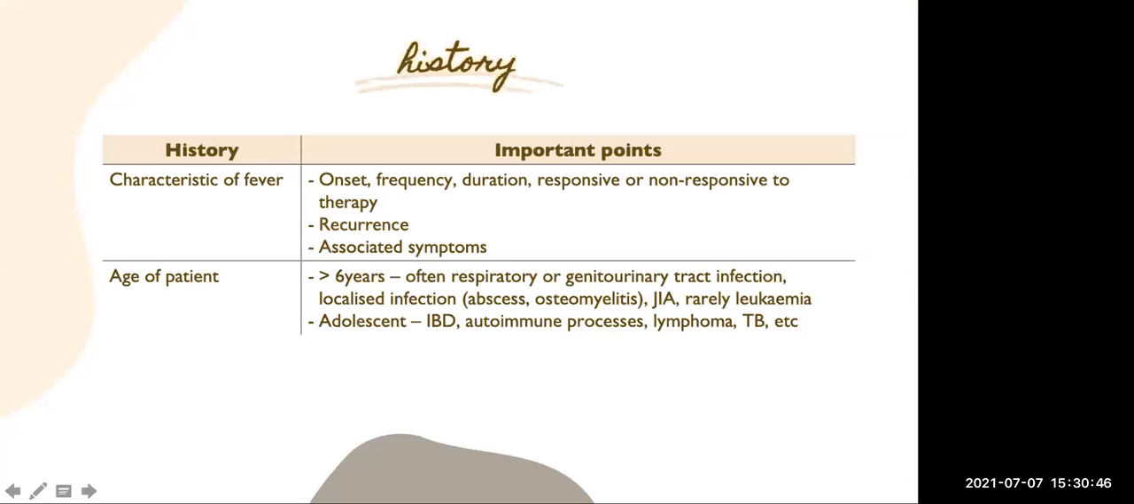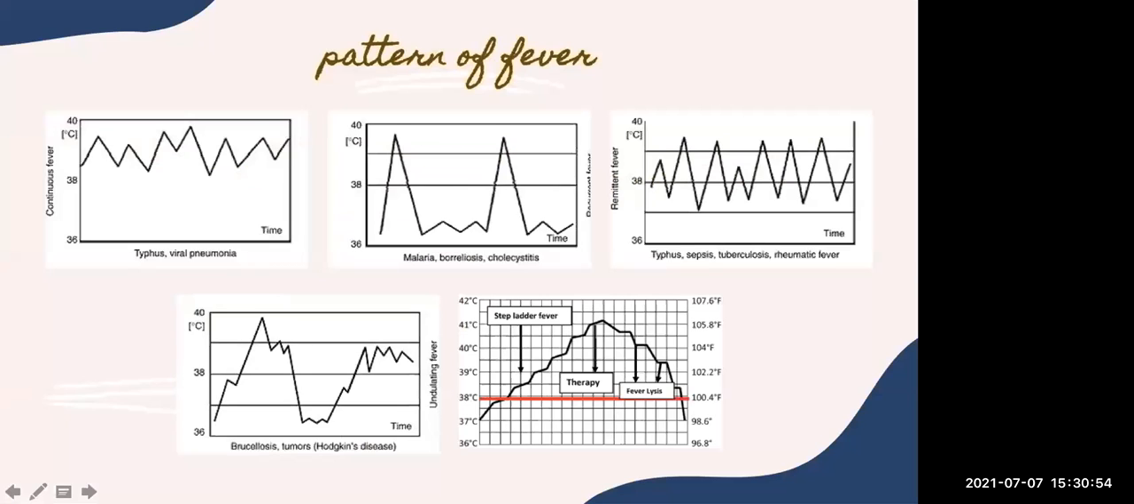Okay, and then we have to know the age of the patient because it accounts for different common diseases. Next, we have to know the pattern of the fever because different patterns symbolize different diseases. So for the first picture, there is the continuous fever, in which you can see the fever does not